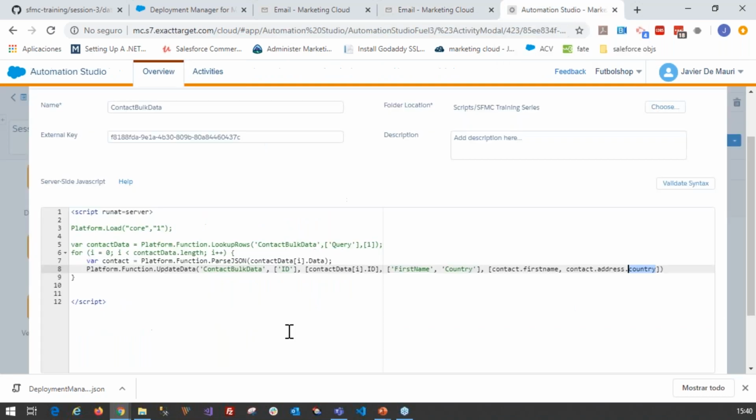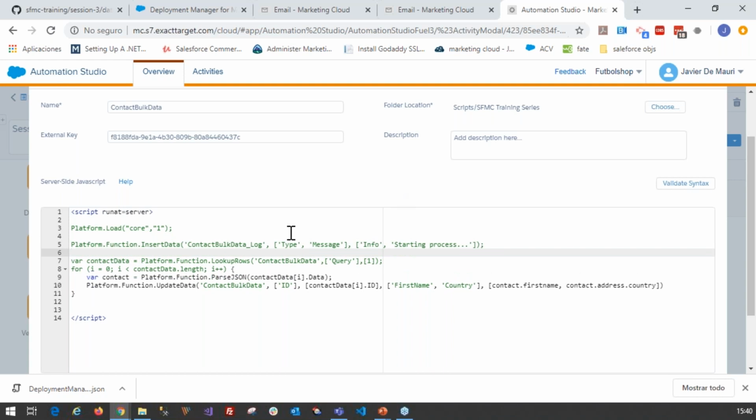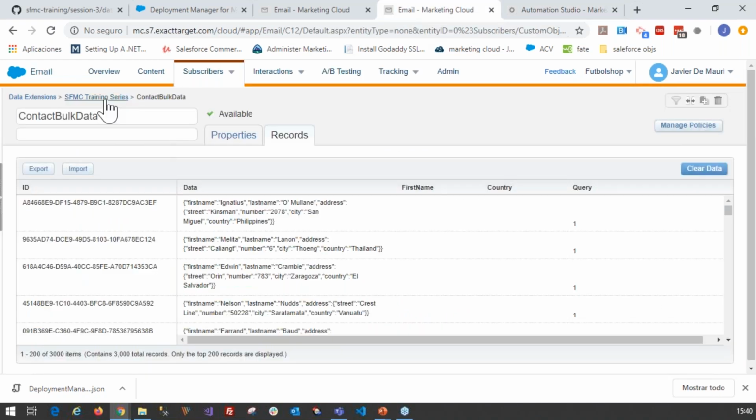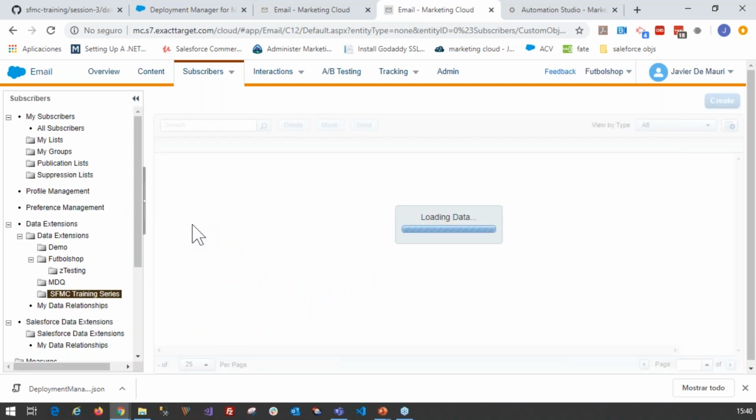Great. So first, if you execute something like this and your automation ends, you don't have enough information other than going through all the data in this data extension and checking if the update was correct or not. So again, my recommendation is to start writing some logging. I typically do something like this. I create a data extension that I use for logging purposes, something like this,